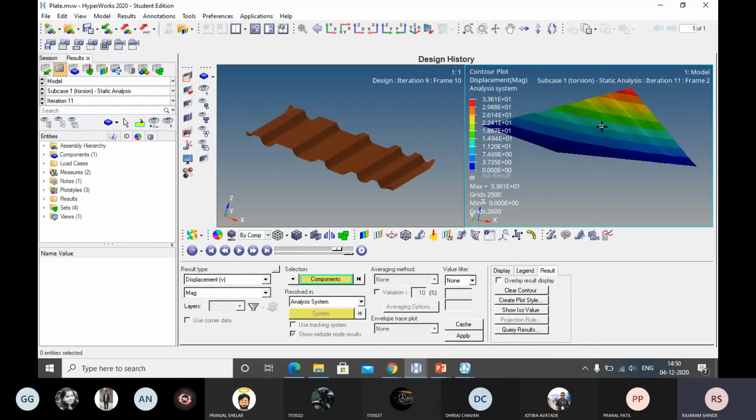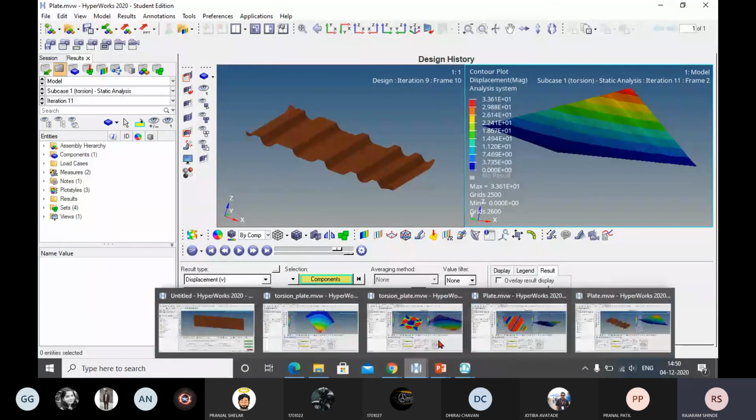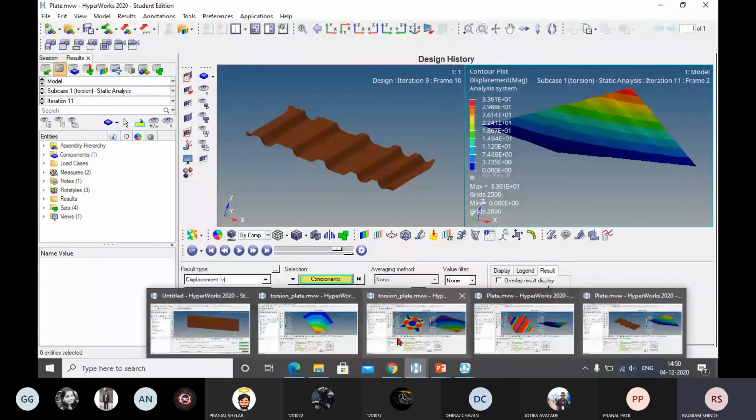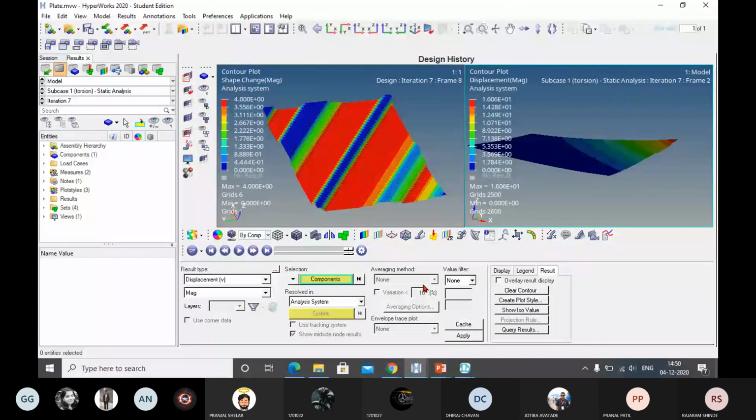That means this shape is not suitable. The shape which we have created is suitable. In this way we can do the topography optimization. Now you do the first two cases only, this one and this one. The remaining part is not necessary to do.